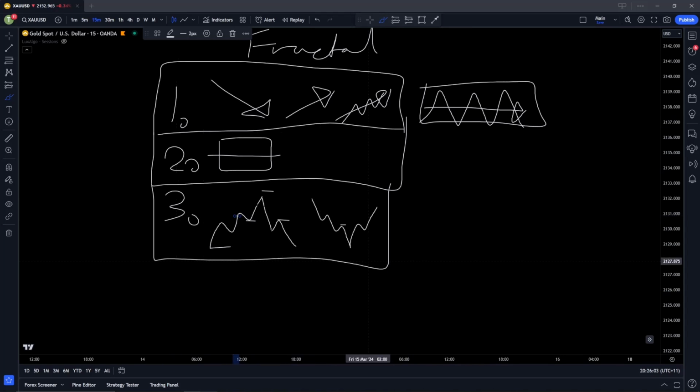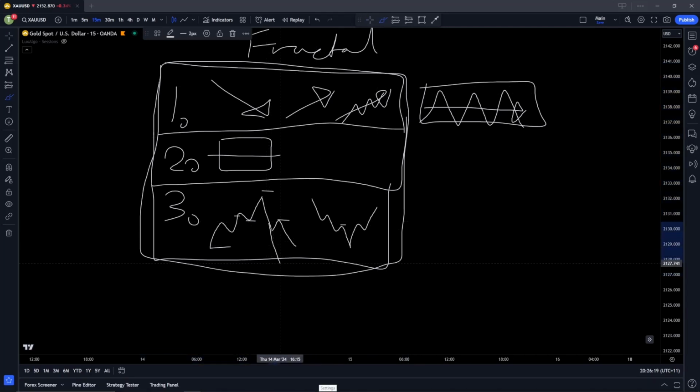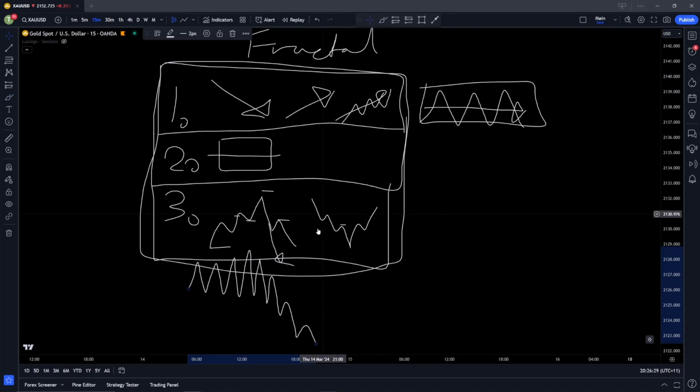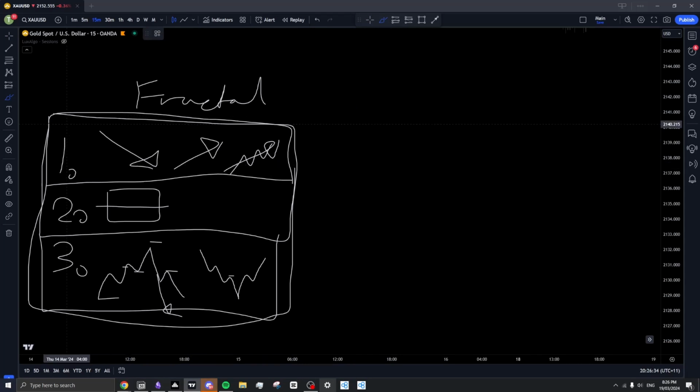But that's the 3-step process. It allows me to be consistent, but it's also adaptable enough to changing conditions. It works in consolidation, it works in trend days. You're going to find this through most conditions. If it's too much volume, sometimes you just won't get that pullback, it'll just go. Or if it's too rangy, you just won't get that clear shift, and that's fine. Not all approaches work in all conditions. But how do I find my direction and area of interest?